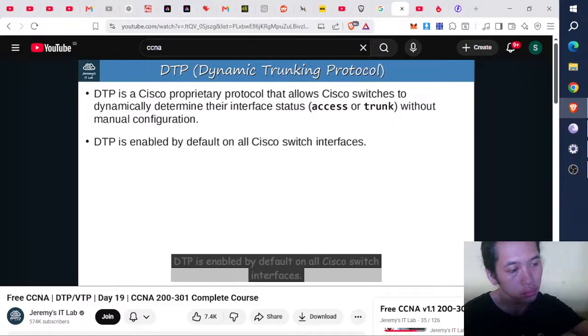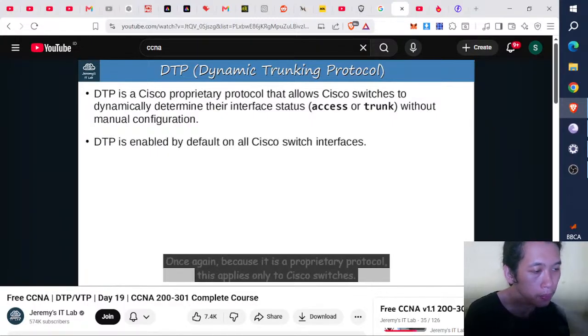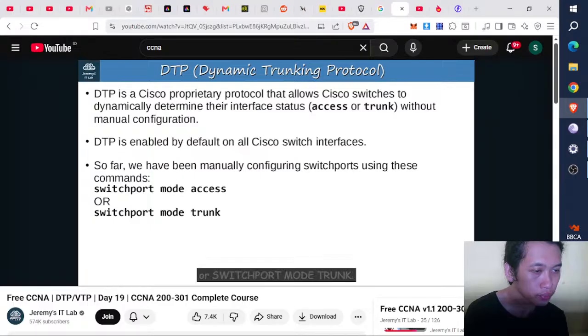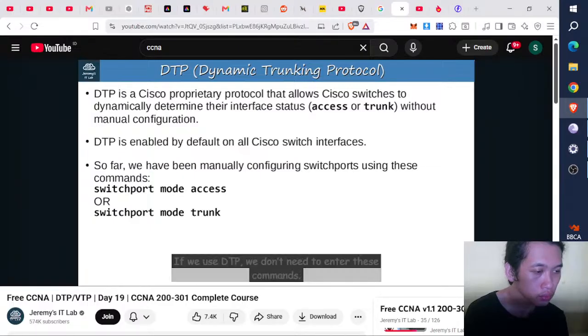DTP is enabled by default on all Cisco switch interfaces. Once again, because it is a proprietary protocol, this applies only to Cisco switches. So far, we have been manually configuring switch ports using either switchport mode access or switchport mode trunk. If we use DTP, you don't need to enter these commands. Now, for security,